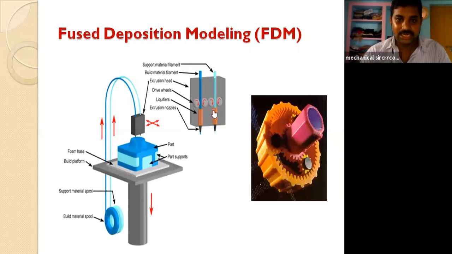So this particular object is enlarged here. It is not a separate thing. This component is enlarged here, and the directions of movement are visible here. And this is the part and the supports. We are going to provide some supports before creating the part. So the vertical movement is here. The component produced here is revealed.